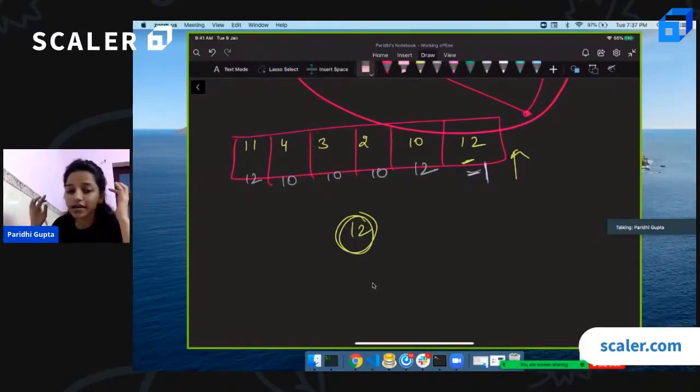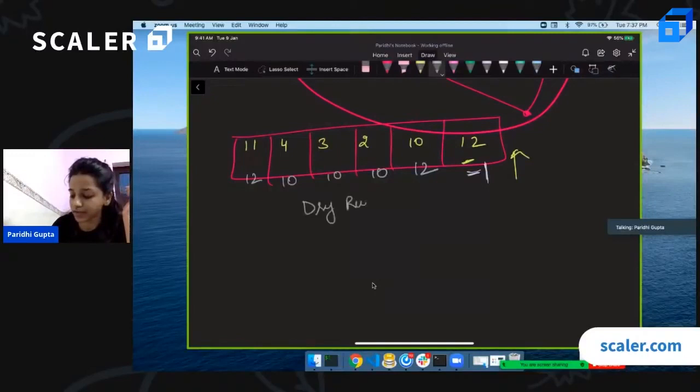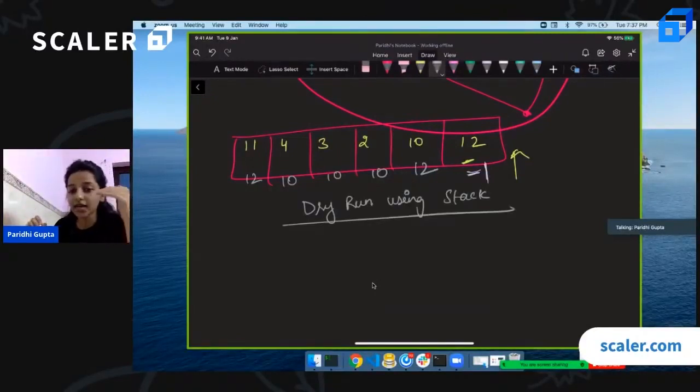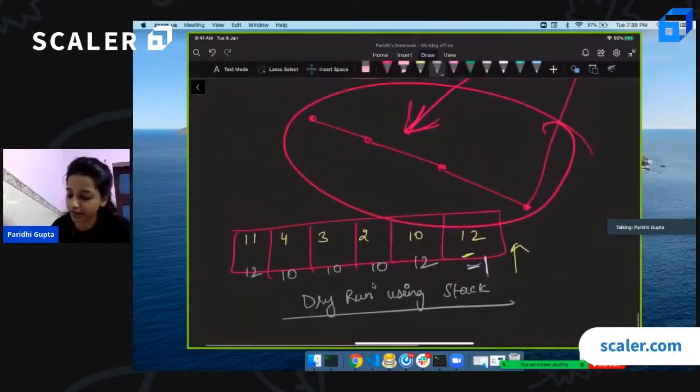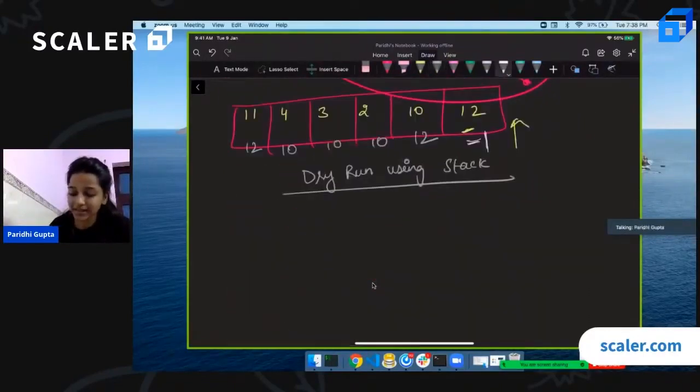Okay. So since we are ignoring whatever is redundant to us previously, and since this is a monotonic sequence, the stack will help us over here. So let's see the dry run using stack. The intuition was that we had to look at the just past, removing this just past. Whatever answer we had got, we will just ignore them, and now we'll start again from some monotonic sequence like we did above, right? Okay, so now let us go through the dry run using stack. If you guys have some doubt, we will come to those.